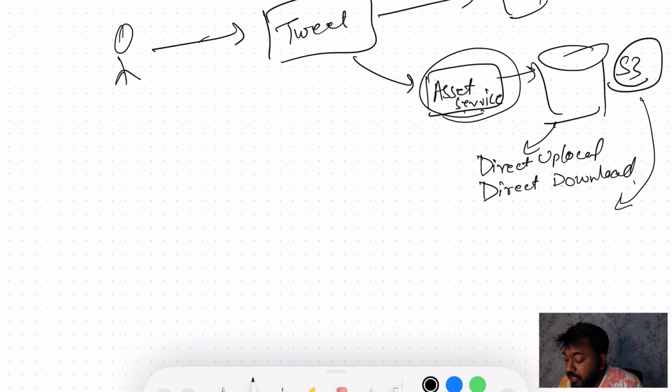One more concept related to this system is whenever you have assets or large files like videos, audios, or maybe bigger files, then storing them in S3 is the ideal way, but you don't always serve them from S3 or the actual data center where the data is stored. Rather, there is something called a content delivery network. This is called CDN. CDNs are like edge servers which allow you to keep the data very close to the user,